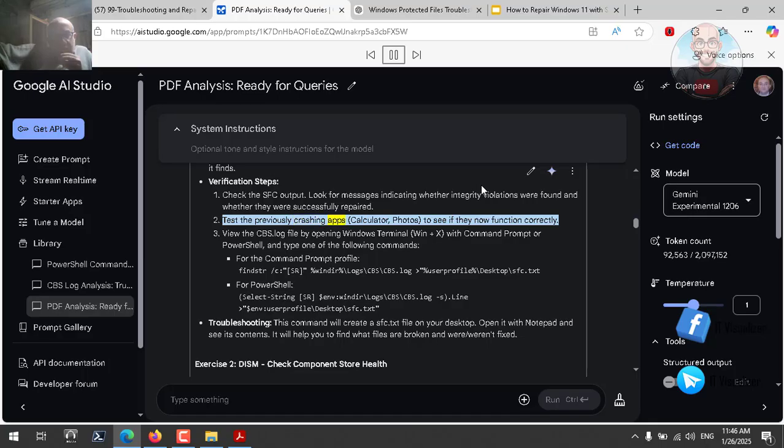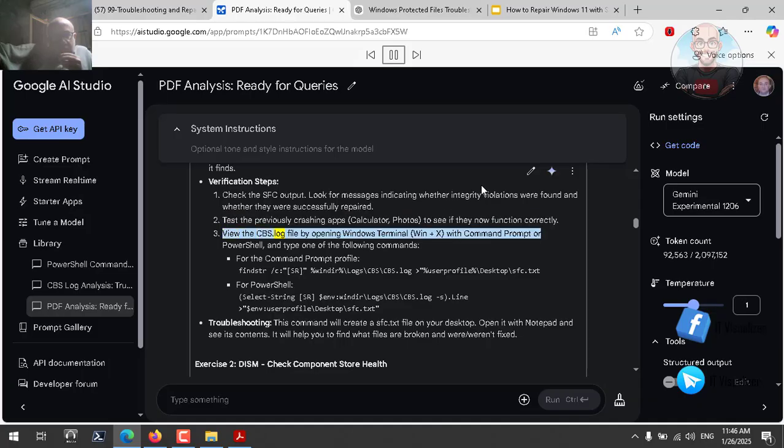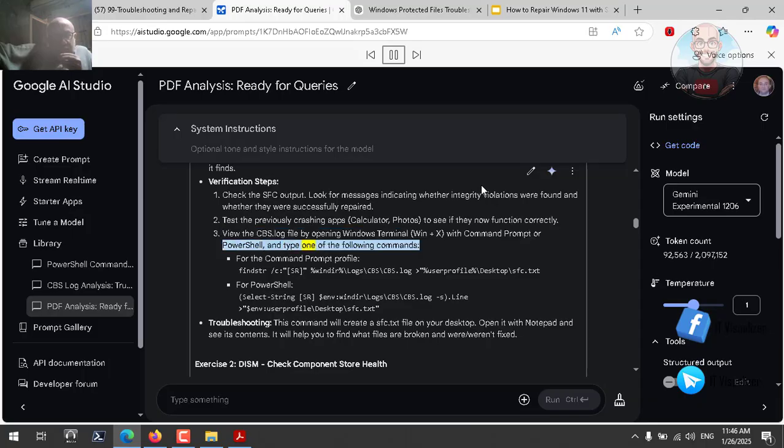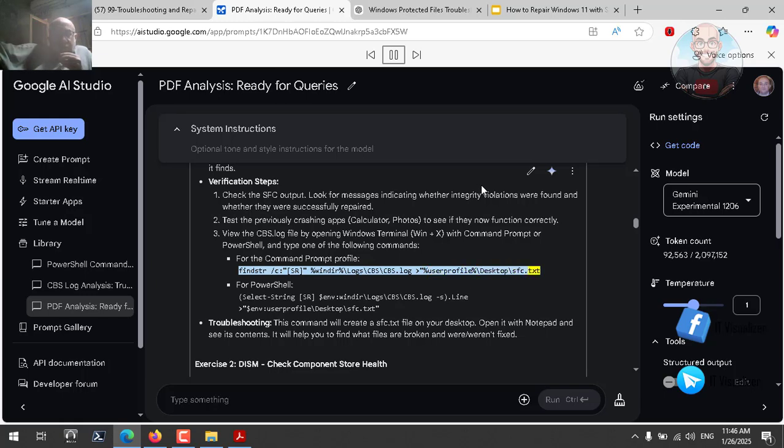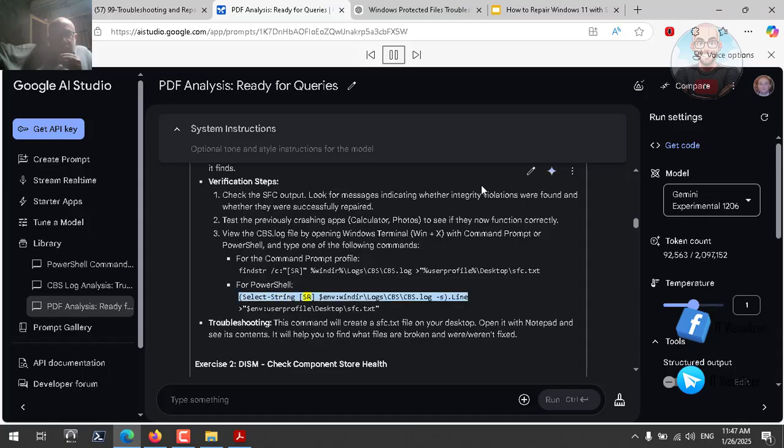Test the previously crashing apps, Calculator and Photos, to see if they now function correctly. View the CBS.log file by opening Windows Terminal with Win+X, with Command Prompt or PowerShell, and type one of the following commands. For the Command Prompt profile: findstr /c:"[SR]" %windir%\logs\cbs\cbs.log > %userprofile%\desktop\sfc.txt. For PowerShell: select-string "[SR]" $env:windir\logs\cbs\cbs.log